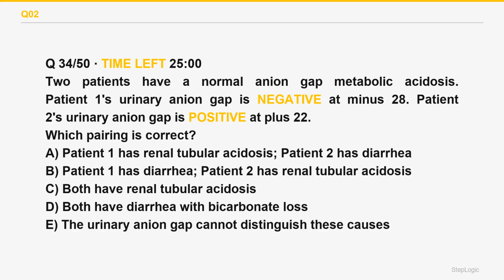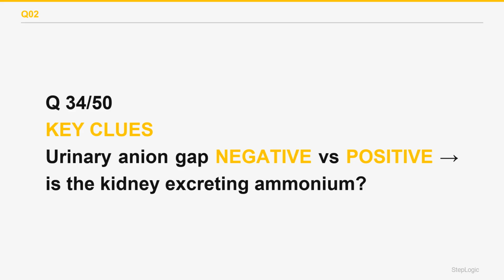Two causes of normal gap acidosis, and one bedside calculation separates them. The urinary anion gap is urinary sodium plus potassium minus chloride, and it works as an indirect measure of ammonium excretion, ammonium being unmeasured but accompanied by chloride. A healthy kidney facing acidemia excretes large amounts of ammonium chloride, so urinary chloride exceeds the measured cations and the